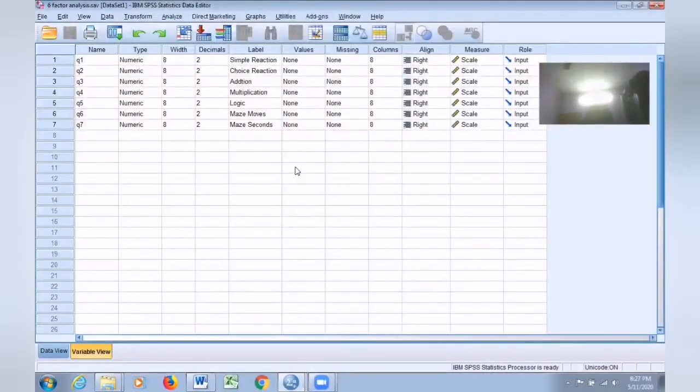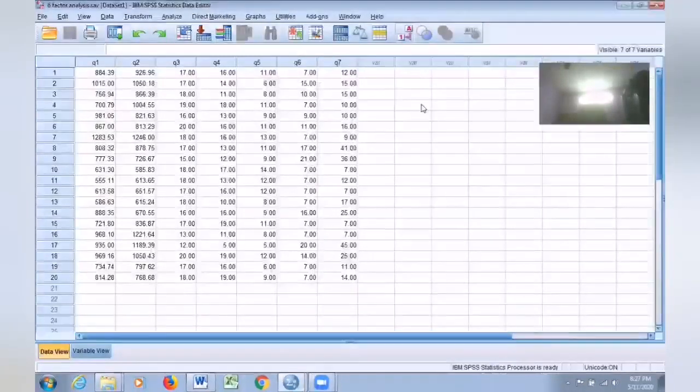So this question has got 7 variables. The researcher is interested to group these 7 variables into a few groups, maybe 2 or 3 or 4 groups. If I know the factors, accordingly, I can decide on what areas I can go for judging the students. So let me go for factor analysis for this particular question.